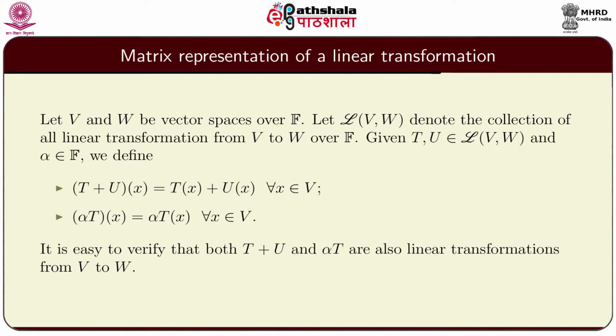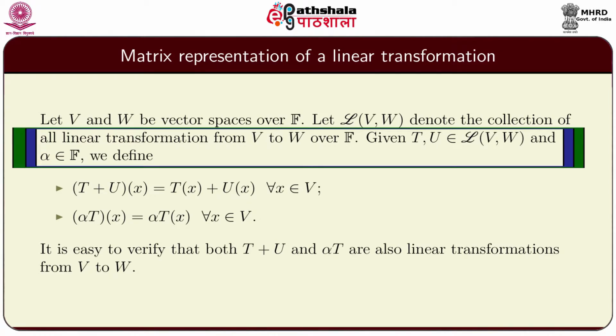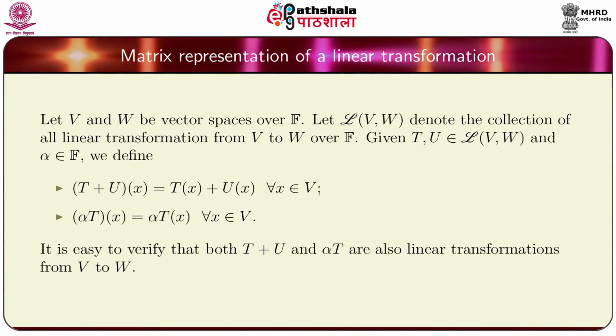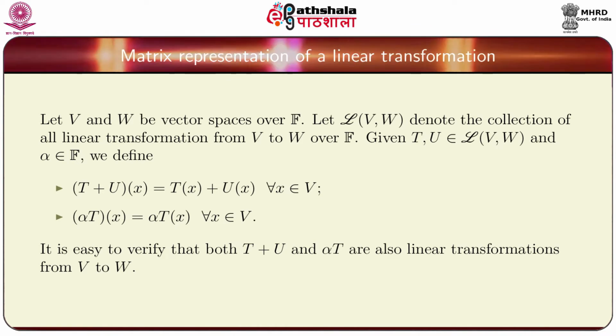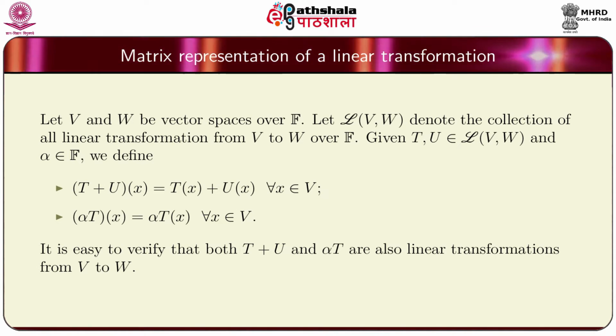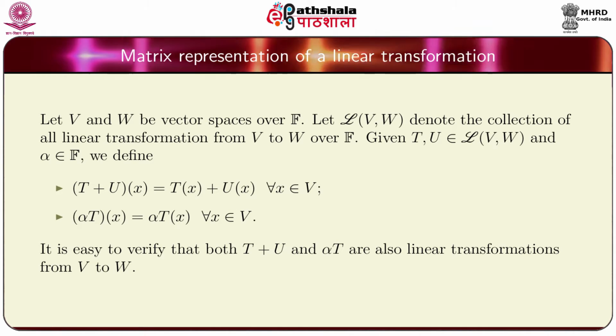Let V and W be vector spaces over a field F. Let L(V, W) denote the collection of all linear transformations from V to W over F. We first see that there is a natural vector space structure for the set L(V, W) itself, and that is given by: if T and U are two linear transformations from V to W, then we can define